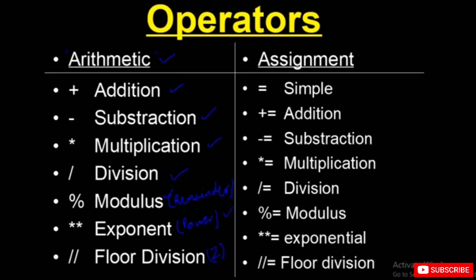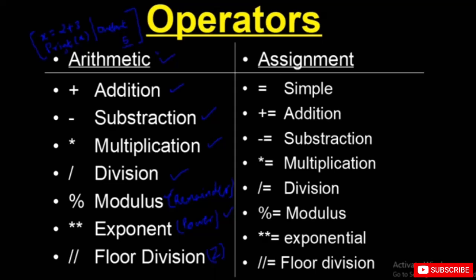Like, let's say we have something like 2 plus 3 is equal to x, and we say print x. So the output, as we know, is 5. That's how the arithmetic operators actually work in Python. We are also going to see the practical for all the operations, but for now let's move to the assignment one.